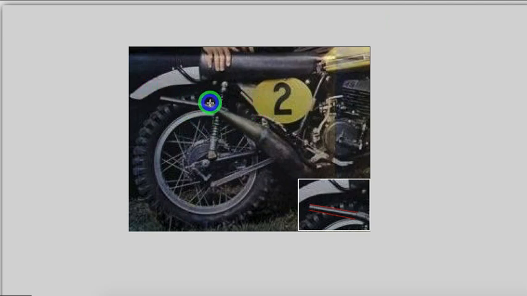Okay, the top, it's very easy to go along that because of the reflection. The bottom I'm going to go by the white and black right here and the white and black right here. The white being of the rim and the white here being of the reflection of the tire.